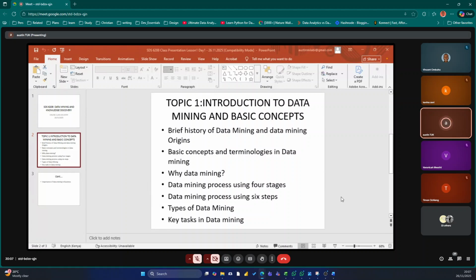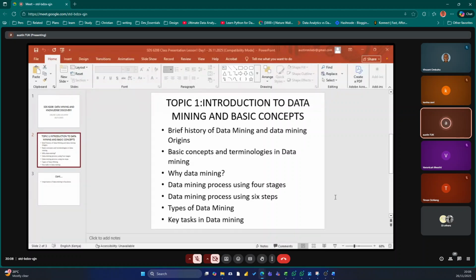Then we have what we call evolution and deviation analysis, which is a task carried out to uncover patterns and shifts in actions over time. So those are the tasks we can carry out.